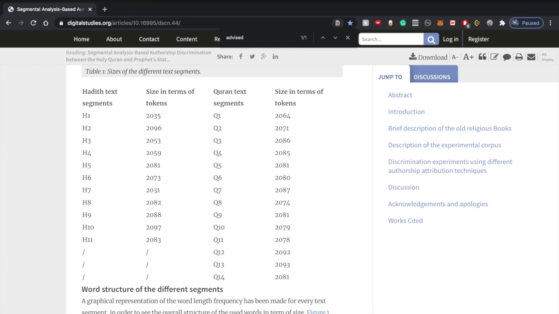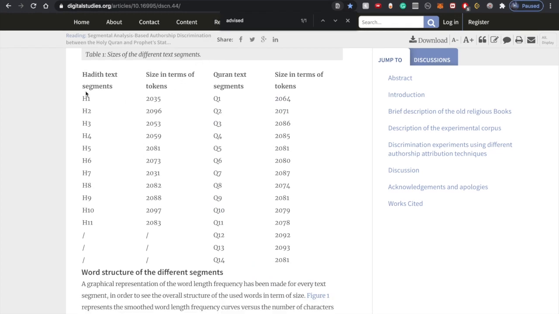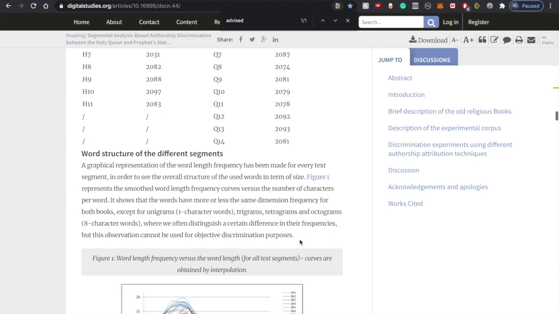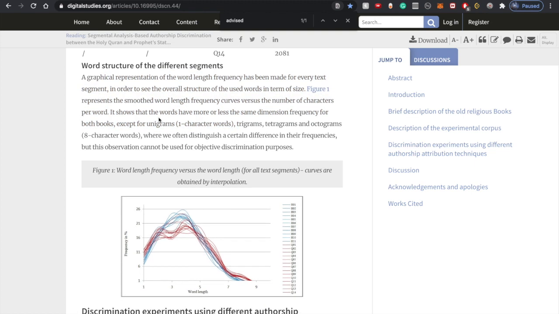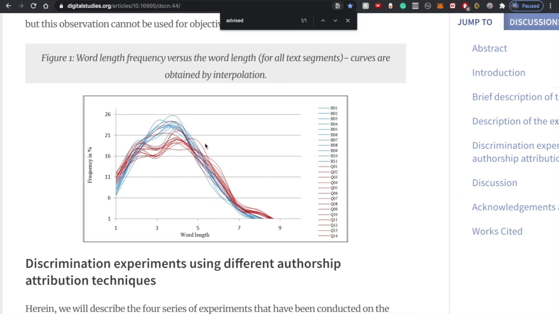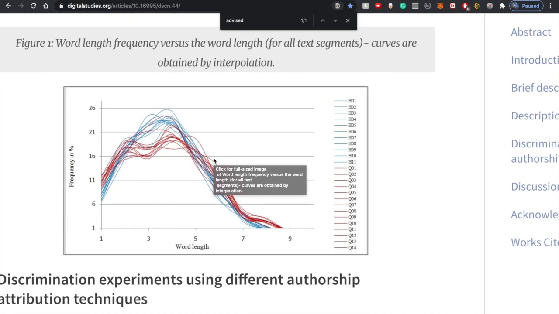Also in the study, you can see they have 11 hadith segments, and then they have 14 Quranic segments, and they're all about the same number of words or tokens. So the first thing is the word structure of the different segments, right? So in order to see the overall structure, okay, so basically when we look at these results, we see that, again,